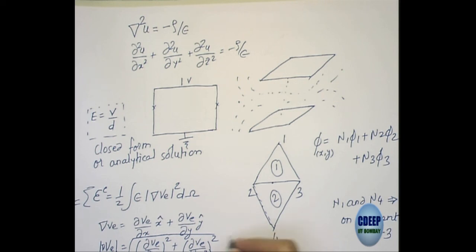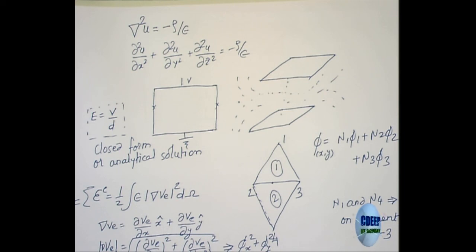So that is effectively, in this slide, equivalent to phi x square plus phi y square, where phi subscript x is the derivative with respect to x. That is what it is here, phi x and phi y. Here it is del v by del x square. Is it okay now? Are you able to correlate?